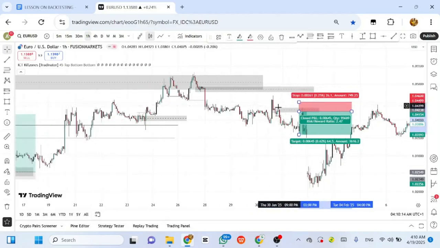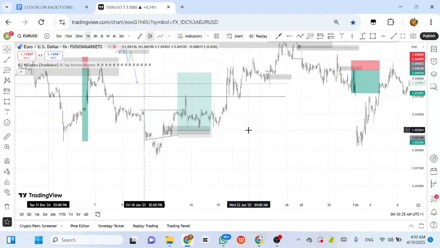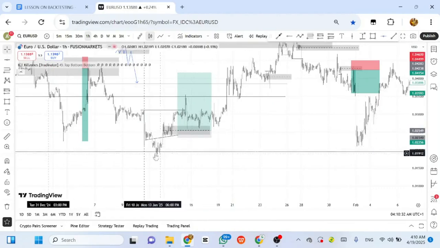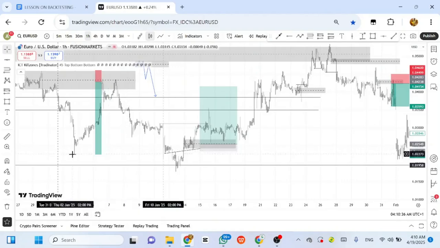Why? Because I know what I'm doing. Because this has read through, and this. So I hope you get the point. When we talk about targets, you need to know what you are doing. Looking at this now, I can see that this is a support, right? This zone is a support zone. You can see that this is another level.